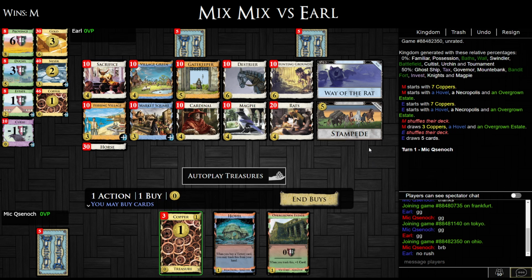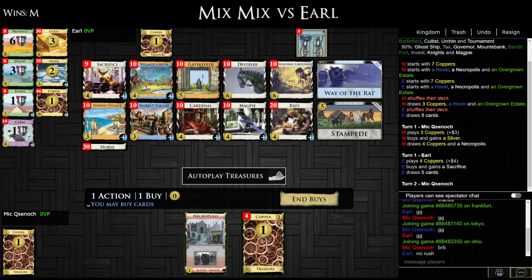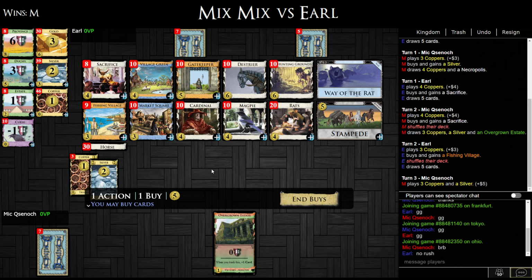There's a stampede. I don't know. Stampede could easily have something. I'm going to try silver sacrifice, I think. Then I think I will buy rats. Well, probably magpie first, but then probably rats. 5 is okay. I guess we can just do. If we had market square, it would be really okay, but then of course we wouldn't hit it. So,